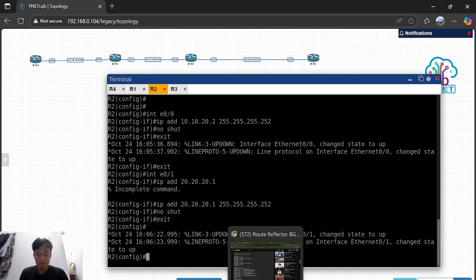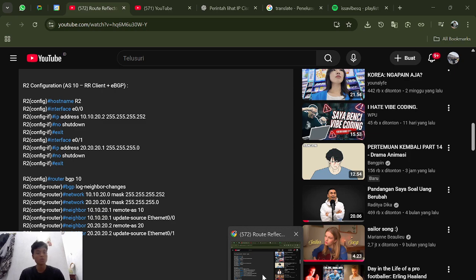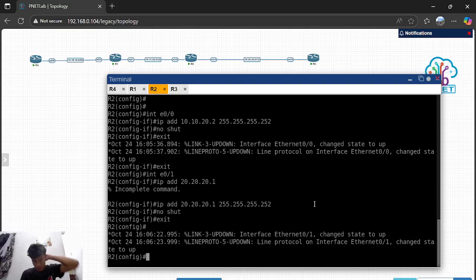And after that we move to the BGP configuration. So let's try the configuration: router bgp 10.